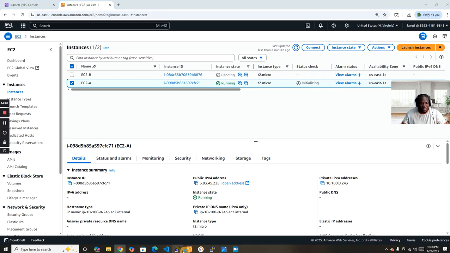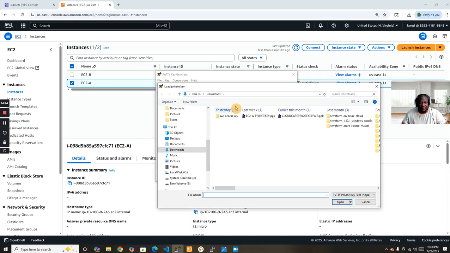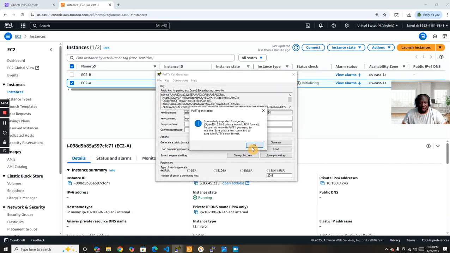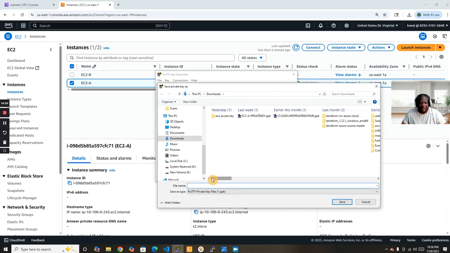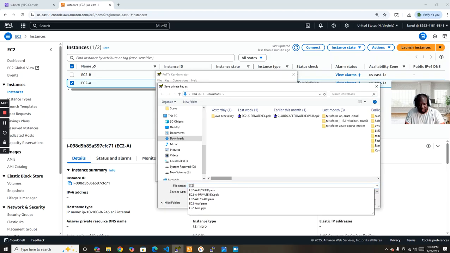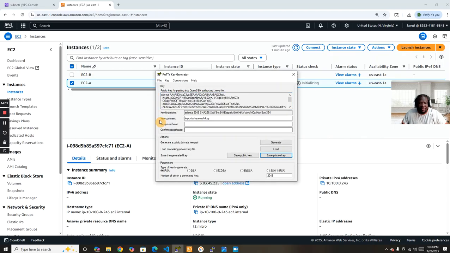So for us to get our encryption for our private key, which is the PPK, just come over here, load it up, and then save as private key, and just give it a name, EC2A private key with 2 Y. All right,